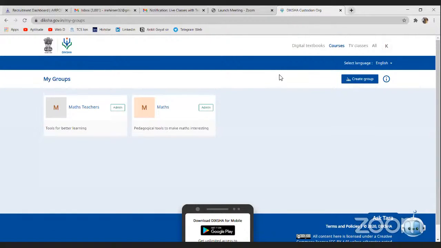अब माई ग्रुप्स, जिस प्रकार हम व्हाट्सएप पे ग्रुप बनाते हैं, जो ग्रुप बनाने वाला है वो एडमिन बन जाता है। एंड जैसे व्हाट्सएप पे एडमिन कैन ऐड पीपल, रिमूव पीपल, सेम वे दीक्षा पे भी जो एडमिन है वो पीपल को ऐड कर सकता है, रिमूव कर सकता है, किसी और को एडमिन बनाना है तो बना सकता है। एंड द वन पर्सन हू इज एडमिन, ही और शी कैन कीप अ ट्रैक ऑफ ऑल द एक्टिविटीज ऑफ द ग्रुप मेंबर्स, कि किस पर्सन ने कितना कंप्लीट किया, कैसा कंप्लीट किया, प्रोग्रेस कैसा चल रहा है, एंड उसके बेसिस पे फीडबैक दे सकता है।